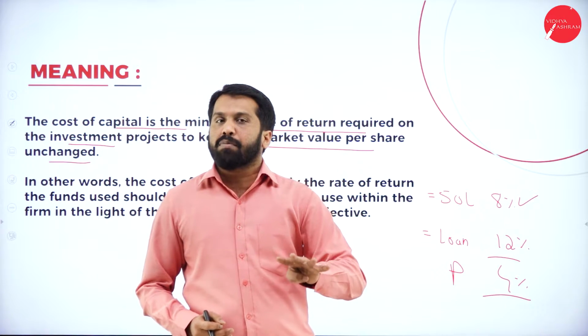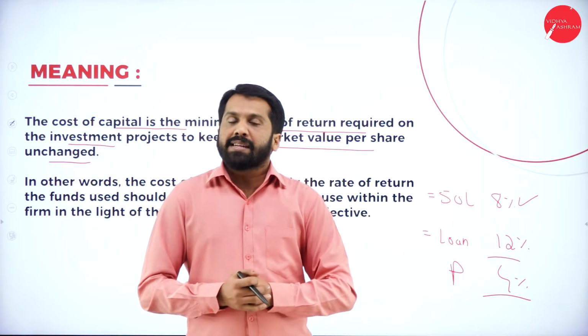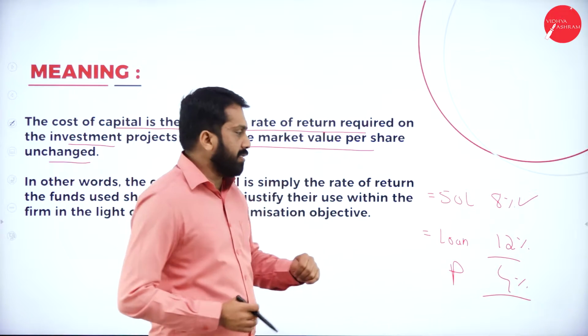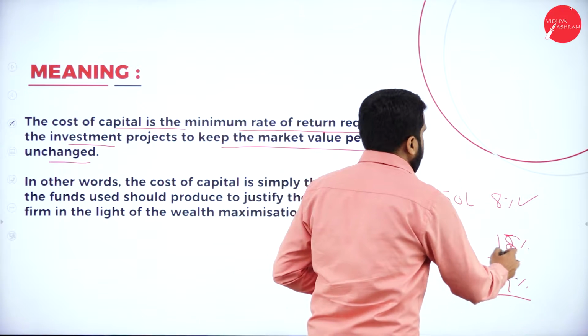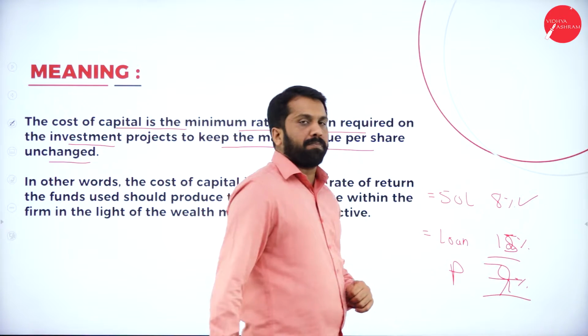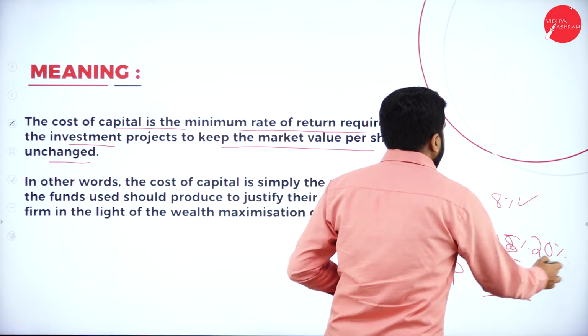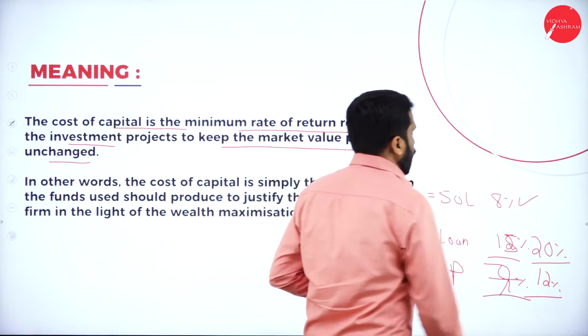The remaining 4% in between, by taking all the risk, I am earning 4% as income. Or else I can give a loan at 15% also, and 7% is my profit. I can give it at 20% also, and 12% is my profit.